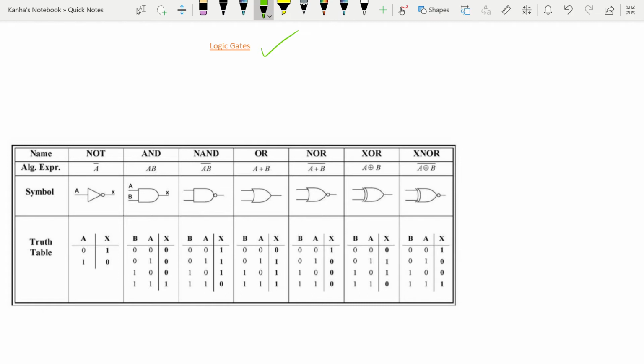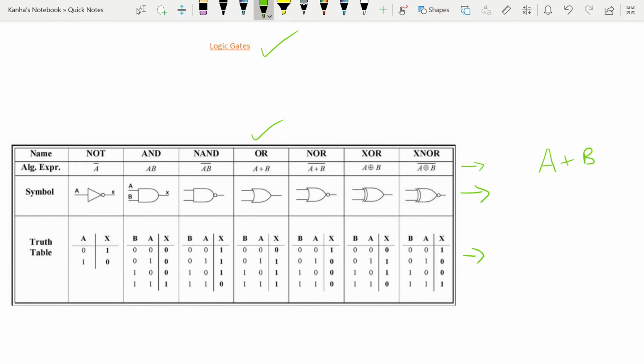And each logic gate is expressed by a symbol. The operation of this logic gate is expressed using a truth table, and it is also expressed using an algebraic expression which is known as the Boolean expression. So we will briefly talk about each of these. So let's talk about the first gate, which is the OR gate. The OR operation, which is written as A plus B.